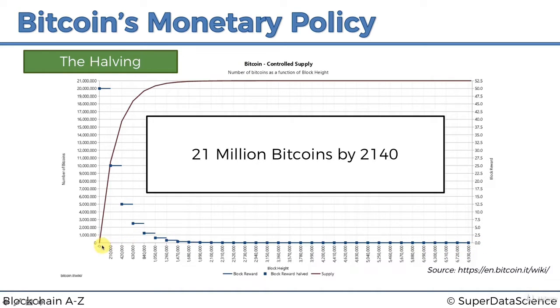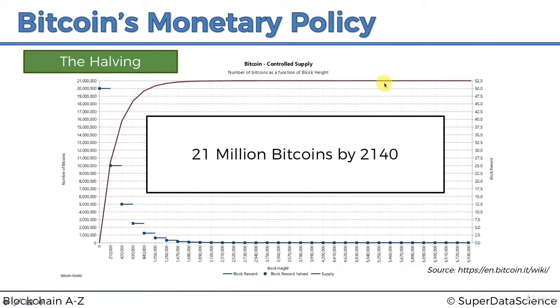On the other hand, you have the number of Bitcoins, the supply. You can see how many Bitcoins are going into the system. There's 210,000, 420,000. Every square here is about 4 years, if you think of it that way. You can see that the number of Bitcoins is increasing, and because of the halving principle, if you take 50 plus 25 plus 12.5 and so on, and of course multiply it by the number of blocks inside this period of 4 years, in general, because it's halving, it approximates. So it's basically an exponential chart as well, and it has an asymptotic value. So it will not just keep increasing forever.